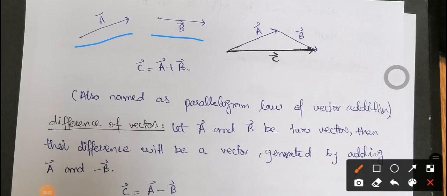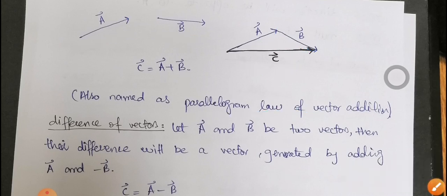Here we have vector A and here we have vector B, and we are going to add the two vectors. We are simply going to place the initial point of B at the terminal point of A. Here you can see that this is the terminal point of A and we place the initial point of B at this point, and now we join the initial point of A to the terminal point of B, and you can see the resultant vector is C, which is A plus B. This is also named the parallelogram law of vector addition. Whatever the two vectors are, if you have to add them, you just place the initial point of the second vector at the terminal point of the first vector, and then you get the resultant vector.